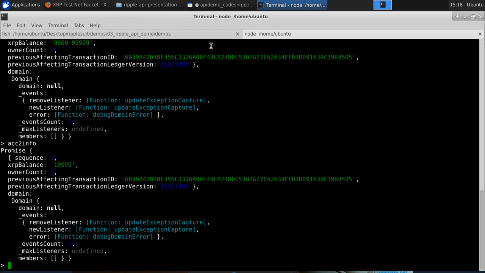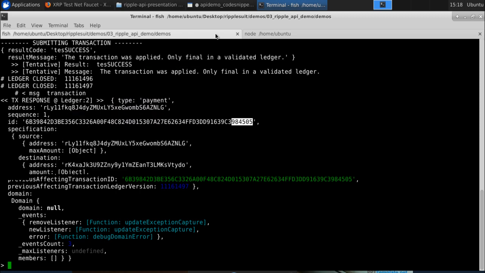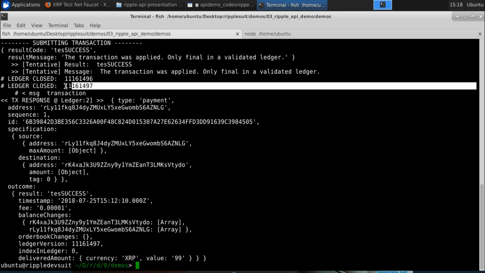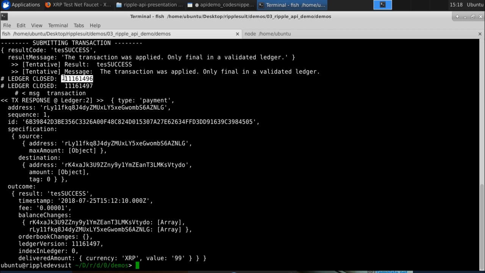And the sequence also, 497, if you see, and before 497 there was 496, but nothing got printed in the ledger closed for 496 because our transaction was not completed in that ledger, and we had the ledger wait value of 5 in our code, right?